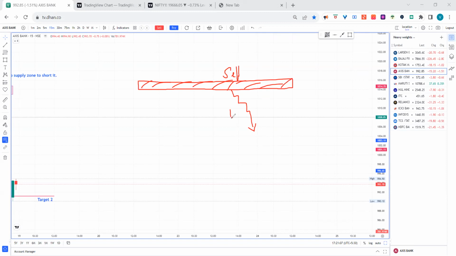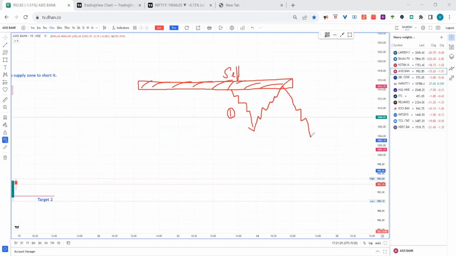Since institutions cannot fill their orders at once because of the liquidity issues inherently present, usually the price retraces back to the supply zone and gets rejected,